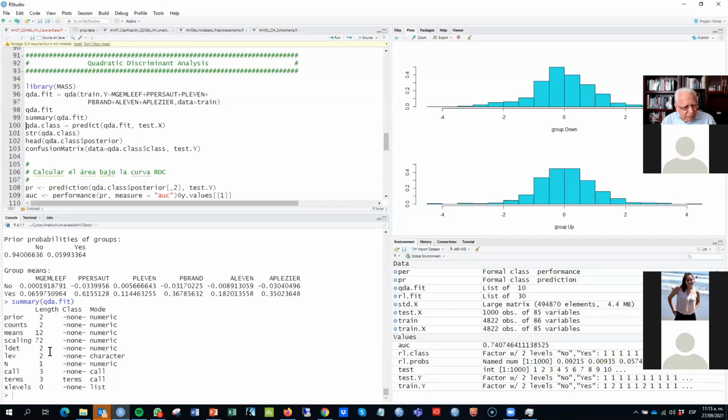We did the scaling prior to this, so it tells me none, because it didn't scale here. We didn't do the scaling in the QDA function here. Okay. Now to use the quadratic discriminant function as a classifier, we're going to do the prediction with a test